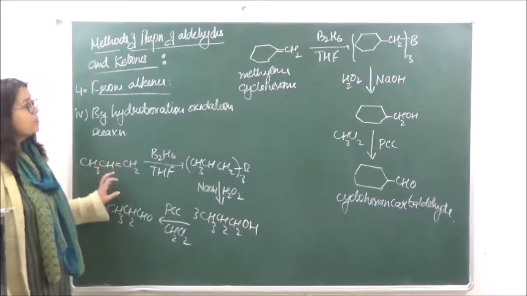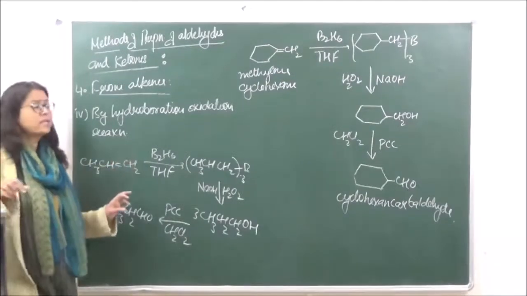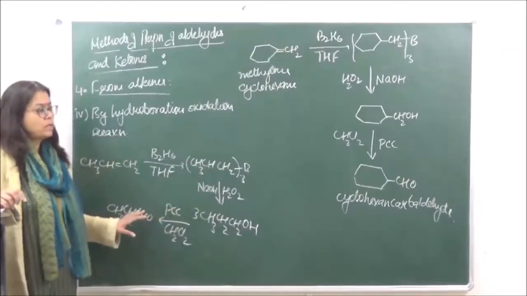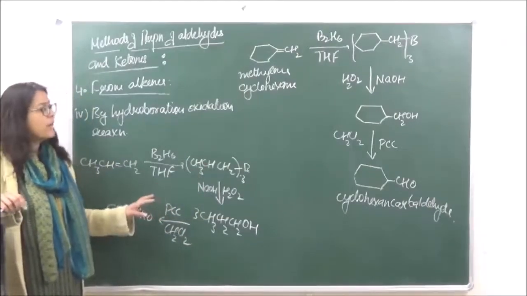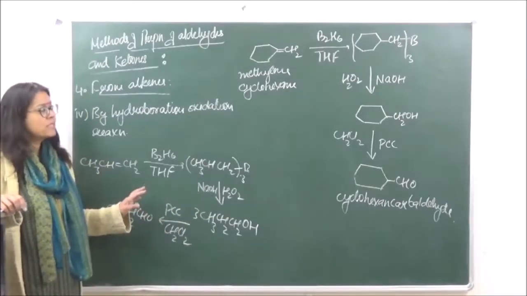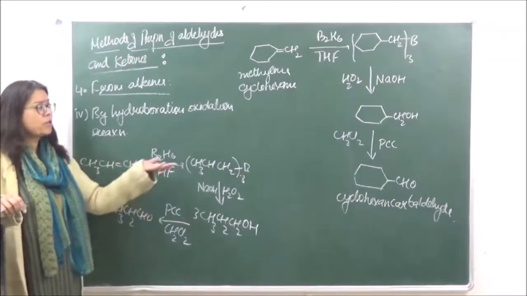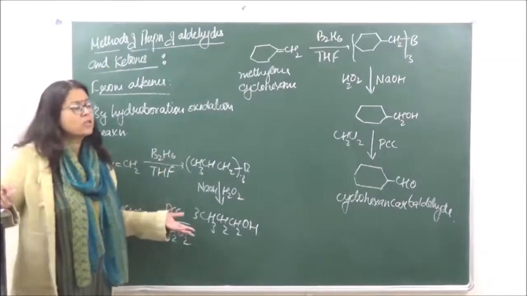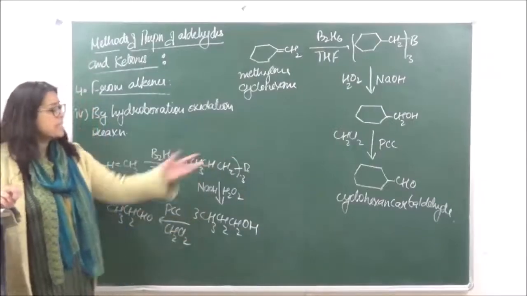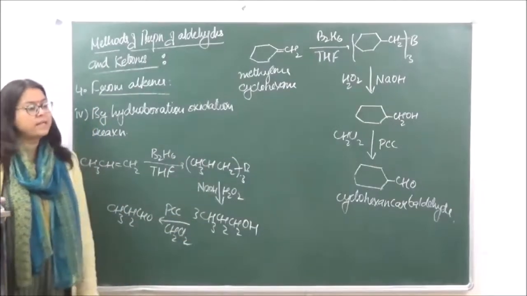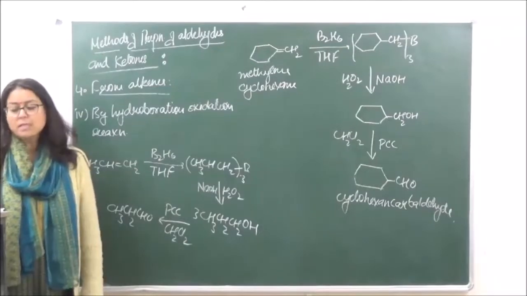So any kind of alkene when subjected to B2H6 in THF is going to give us a borane only. Right? And that borane on hydrolysis in presence of a peroxide is going to give us an alcohol. An alcohol, because we've already done that, PCC reacts as an oxidizing agent, so this mild oxidizing agent is going to convert the alcohol into its respective aldehyde. So the reaction is going to be the same.